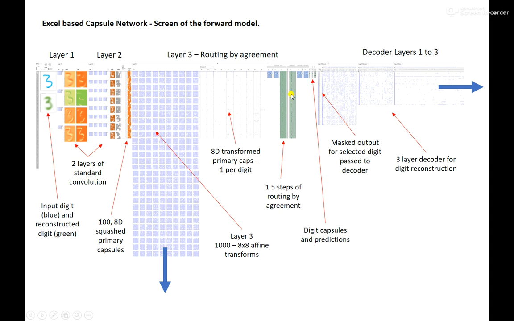Now, originally, I'd set this up with 3 levels of routing by agreement, which does make sense if you're doing the more complex overlapping digits that I'm coming to next. But to mimic the code that I was effectively basing this on, which was from Aurélien Géron, who did some brilliant work almost a month after Geoff Hinton had released the paper, and he did it in Keras. But trying to translate that and put it into Excel was a bit of a struggle. But this routing by agreement is effectively 1 step or 1.5 steps, because we sum up these and then we squash them again